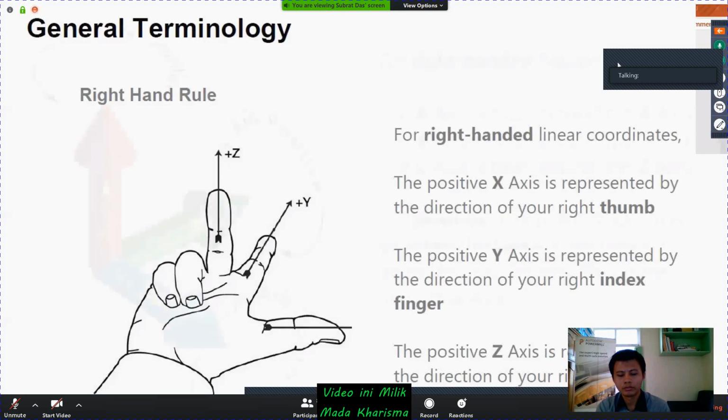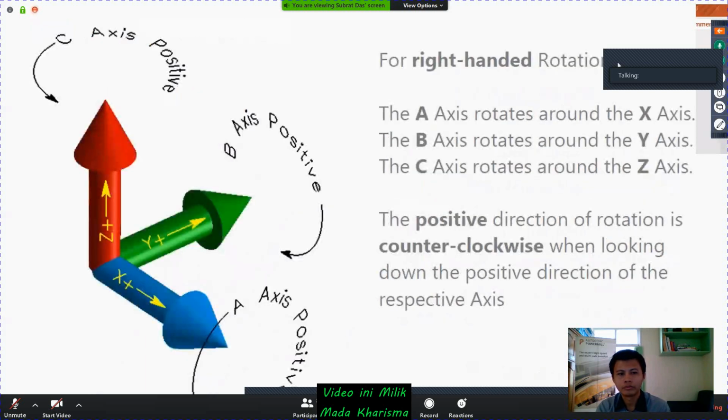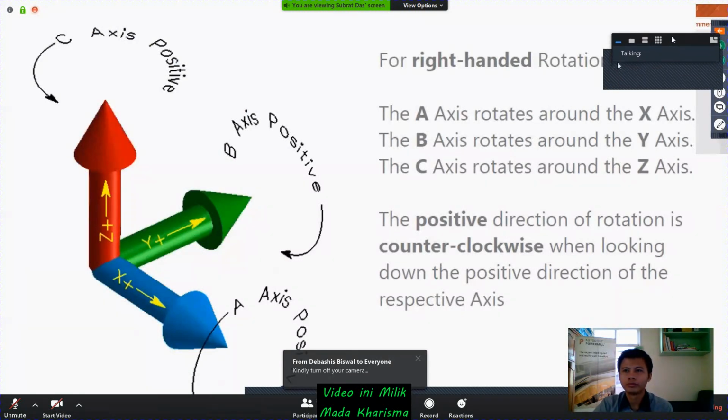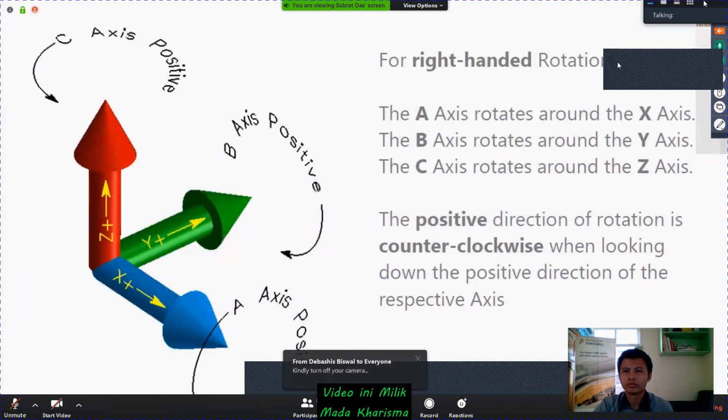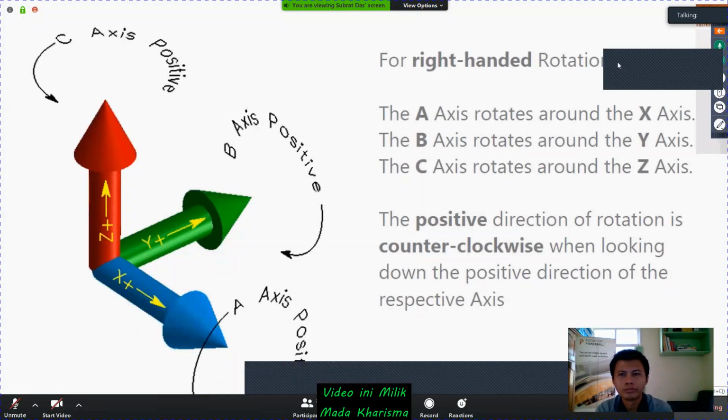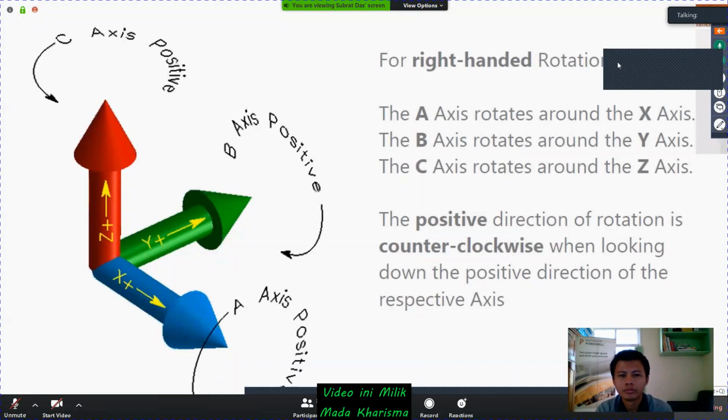When it comes to 5-axis, some other axes come in, which are mostly rotary axes. If the axis is rotating about the x-axis, it is the a-axis, the b-axis belongs to y, and the c-axis belongs to z.